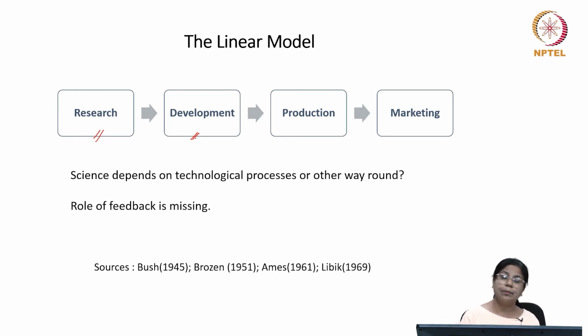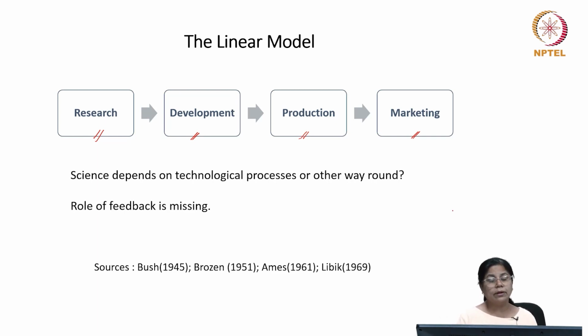After going through the entire process of drug development, you end up at a stage whereby the product can be mass produced. Having the product mass produced, now what you have to do is market the product and lead to the distribution. So in this linear model, what we have is a unidirectional movement from research to development, from development to production, and then from production to marketing.